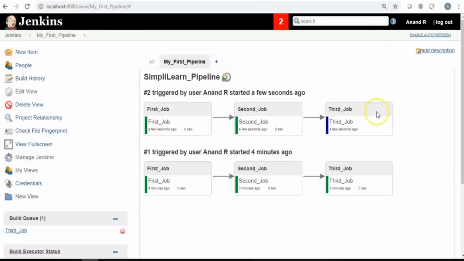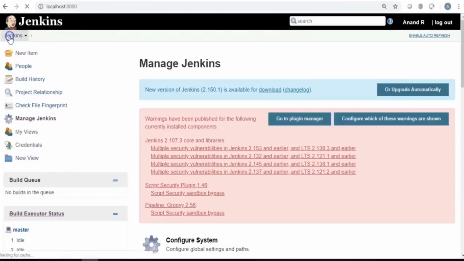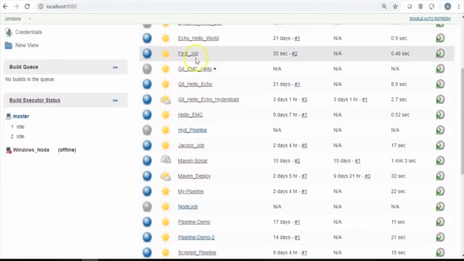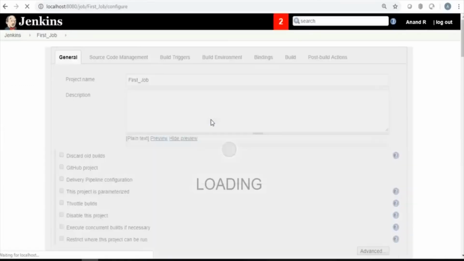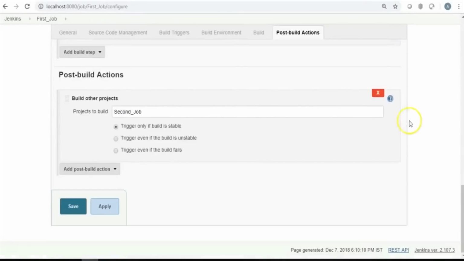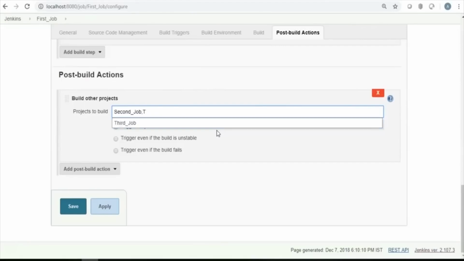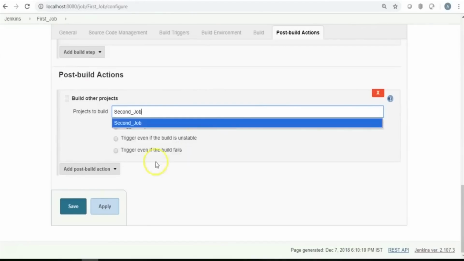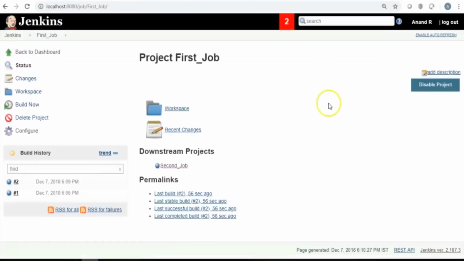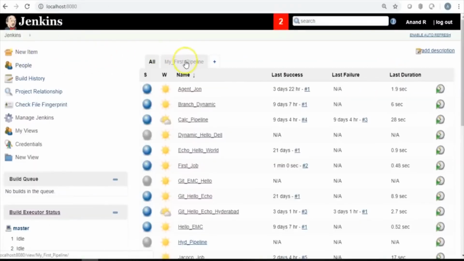All right, so this is the pipeline that existed prior to Jenkins 2.0. This is decent enough, and if you see, there's a one-to-one mapping. But if you remember, we could add multiple dependencies for the projects. Just to give an example, if I go to my first job, I can do a configuration here, and nothing stops me from triggering multiple jobs after this by giving a comma. I can trigger multiple jobs here in case I have to run a few things parallelly. This also gives me that option. But having said that, this was the most primitive way in which the jobs were visualized and run